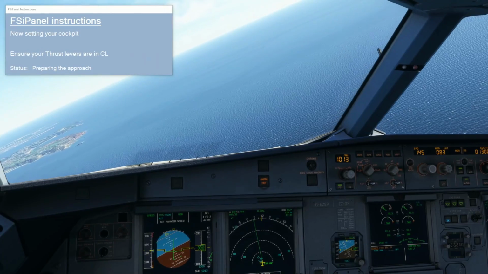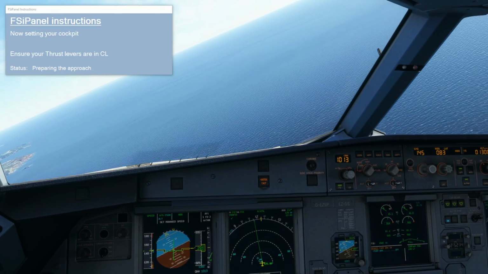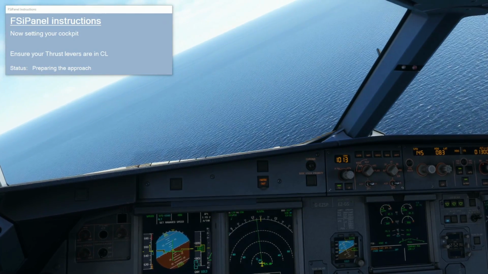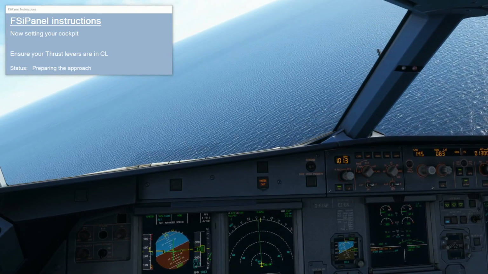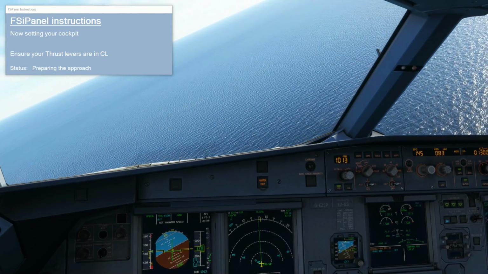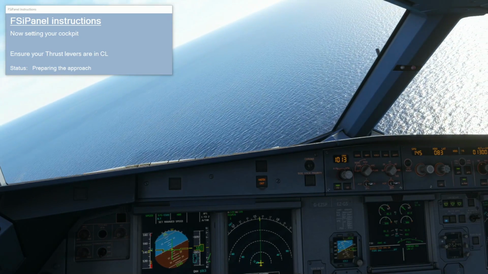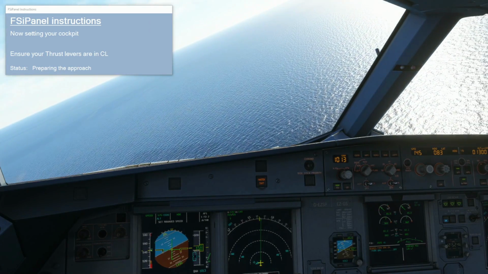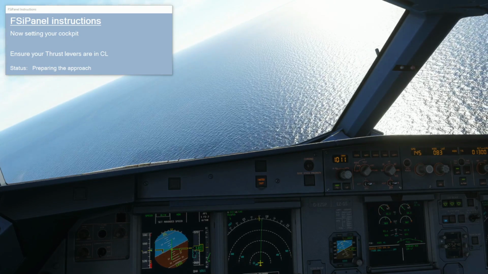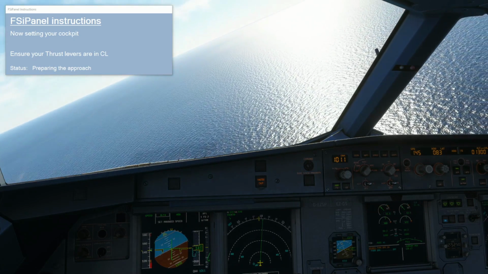Okay, so it is currently preparing the approach. Don't worry about the fact it looks once again like we're dive bombing towards the English Channel. It'll get itself set up nicely. What I'm going to do then is, once it's all set up, I'm going to pause the simulator, and then I'm going to change the weather. It already looks a little bit choppy down there anyway, and this is on live weather, but I'm going to